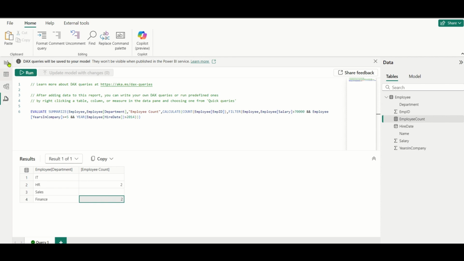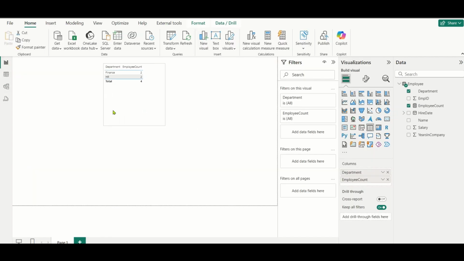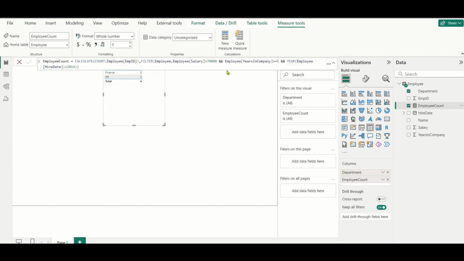So now one technique which you can use to optimize: the measure definition whatever you have written is correct, but if you see there are a lot of filter conditions. So currently the data set is small, it is 20 rows, so it's not an issue. But take an example, a real time scenario where you have say more than 5 million or 10 million rows. This measure will be very slow there, because in the filter condition if you see there are 3 conditions here. So obviously it will be slow. So the best way there to optimize it, so what we can do is